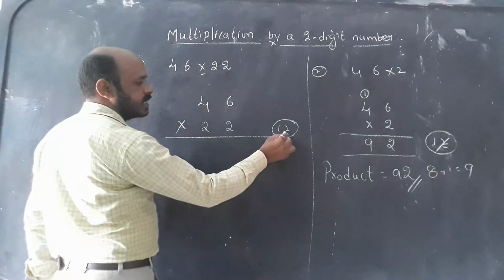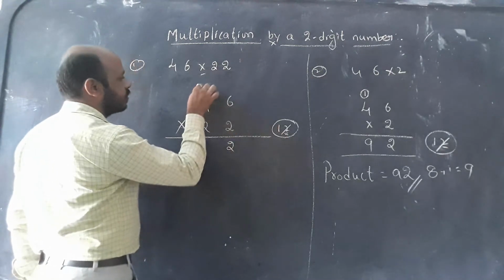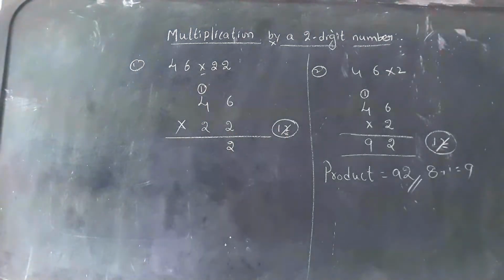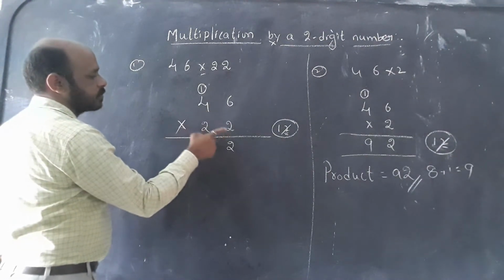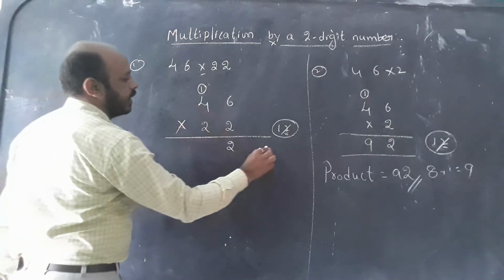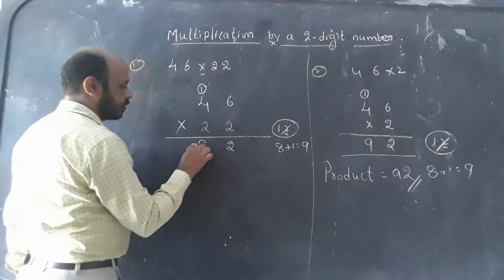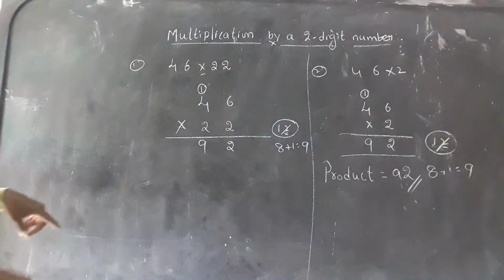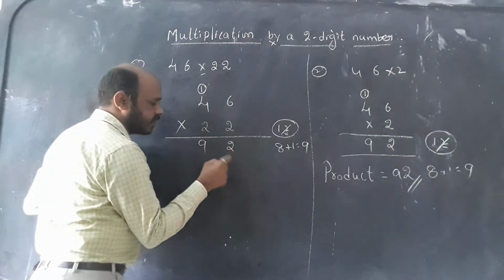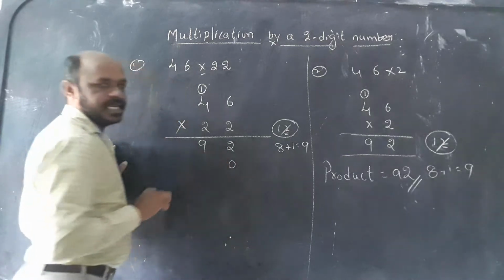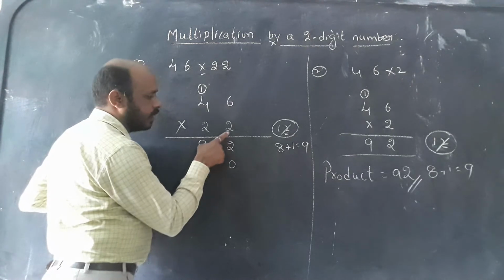Then we take the ones place, which we write down, and the 1 is carried forward to the number before it. Next, this ones place 6 is over. Then for the tens place, 2 fours are 8, and with carry 1 we should compulsorily add. Next, the ones place is over, so in the ones place of the second row you have to write 0. Ones place completed. That is why the product we got has only one digit.